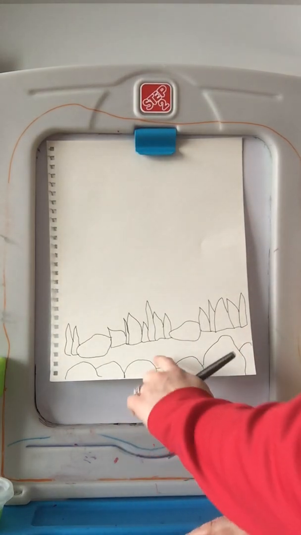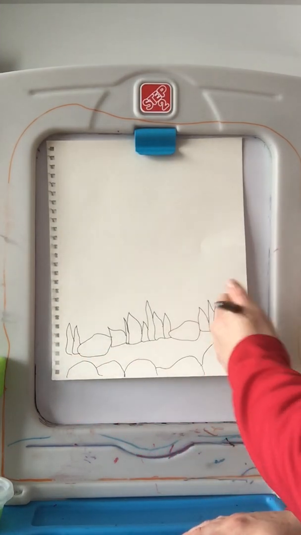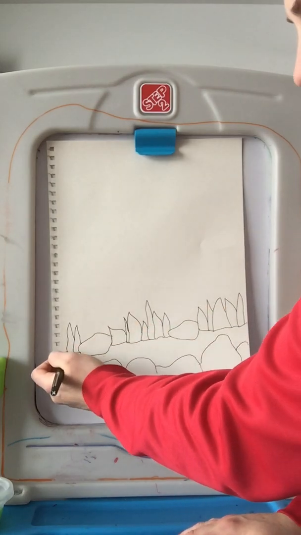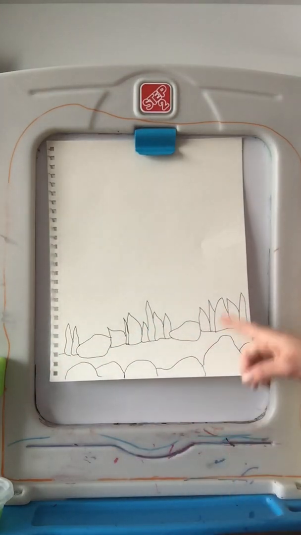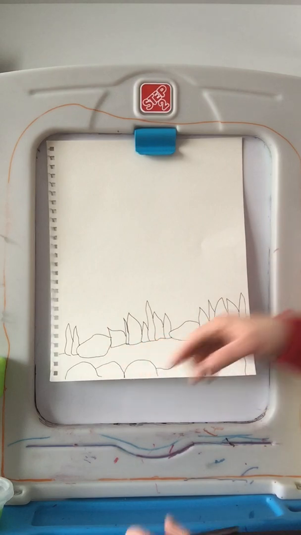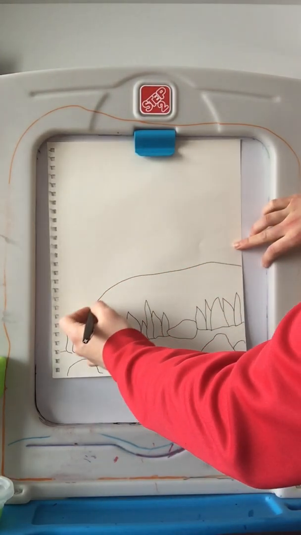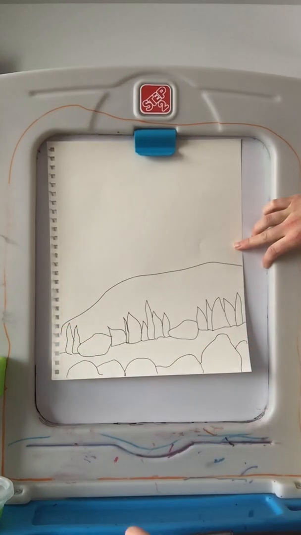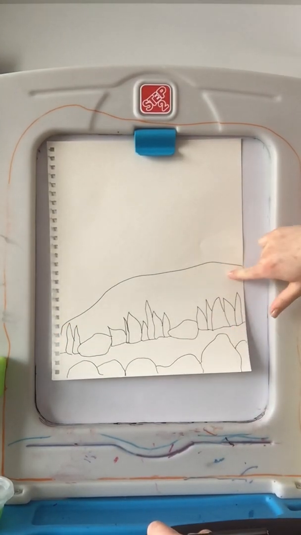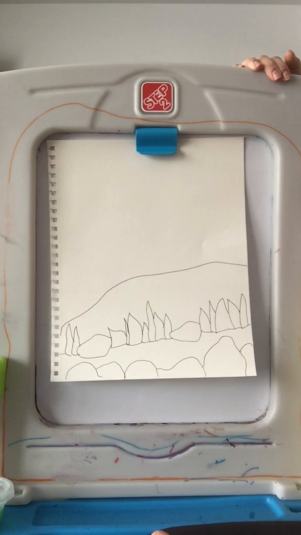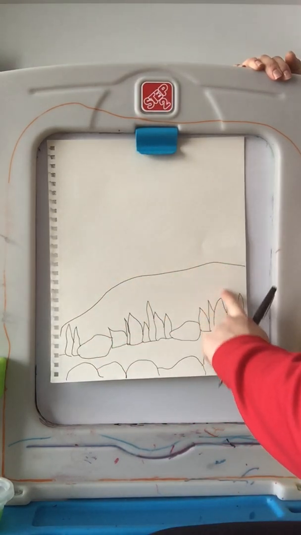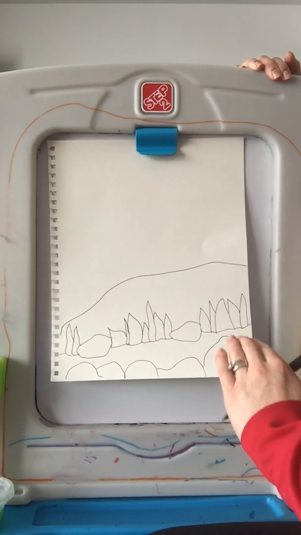So I have some rocks. This space here is just going to be some dirt. And then I'm going to add a pond here. So I'm going to make a large line for my pond. Okay? So that's going to be a pond. On the other side of my pond, I'm starting to move into my middle ground here. And as we move into the background,